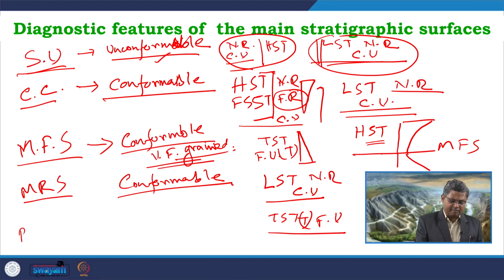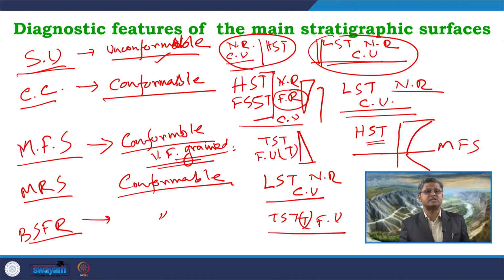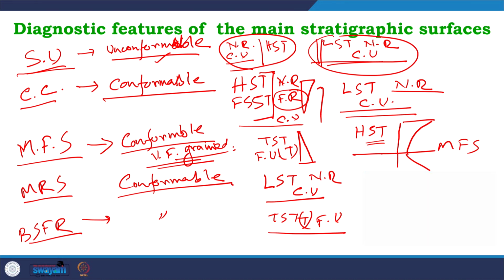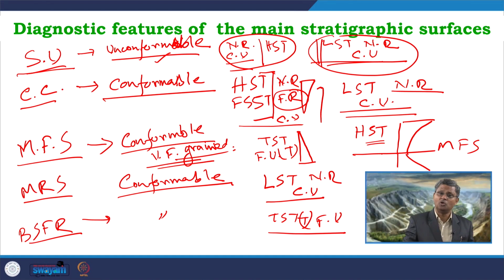Similarly, if I look at the BSFR, basal surface of forced regression, this can be associated with some conformable contact normally, sometimes it can be associated with some erosions. Below BSFR we get HST, above BSFR we get the forced regressive package, that is the falling stage systems tract. So, there again we will get the association of coarsening upward followed by another coarsening upward, and sometimes that upper coarsening upward, which is part of the falling stage systems tract, can be associated with some truncation surfaces at the top or maybe some offlapping surfaces at the top. So, again a coarsening upward to coarsening upward changeover.